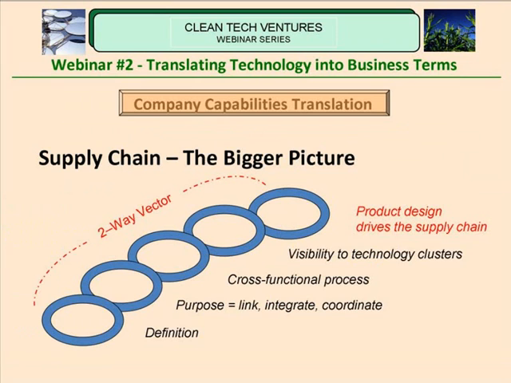Okay, we're almost at the end here, friends and attendees. We really appreciate that. What I want to talk about here is that the product design drives the supply chain. Your customers are along this entire supply chain. They can help you with any aspect of this, but the vector is two ways. I can't emphasize enough that often your partners in the supply chain, when you bring them into your collaborative process, can help you do these things and get to where you're going faster, because they've been through it before with other customers,